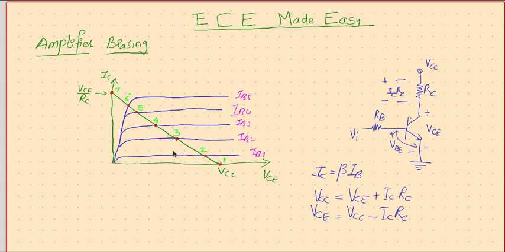This diagram shows the output characteristics of a common emitter amplifier. Here, the x-axis is about the voltage between collector and emitter, and the y-axis talks about the output current. VCE is output voltage, and IC is the output current. Hence, we call it output characteristics of a transistor in CE mode.